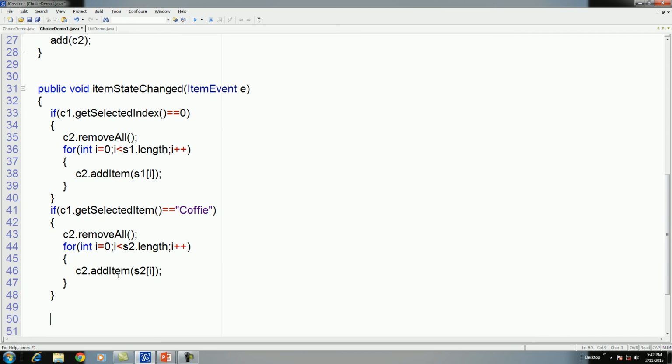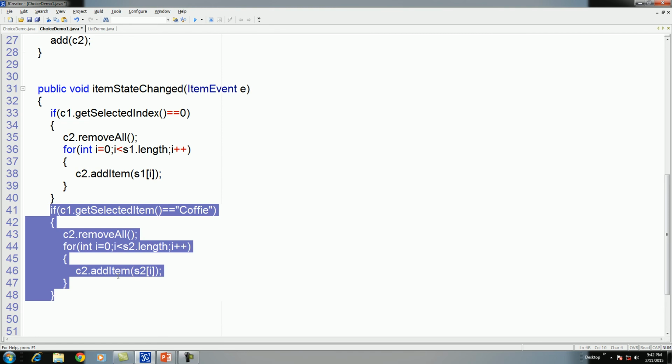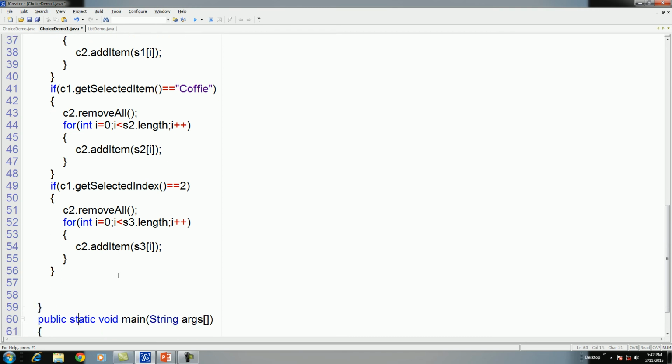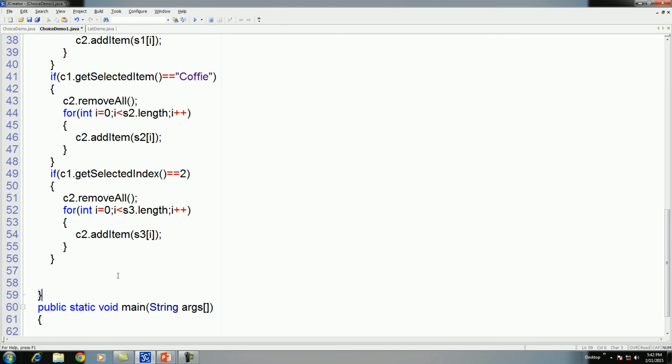After that the third, here we can also use index 2, because the indexes are 0, 1 and 2. Okay, I think it is fine.